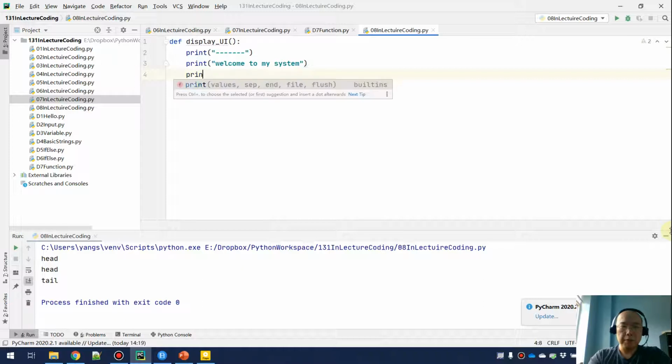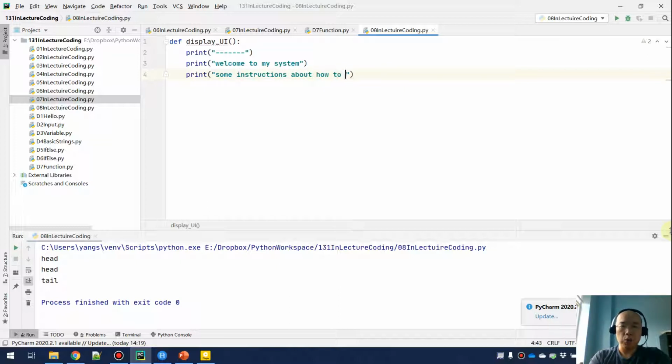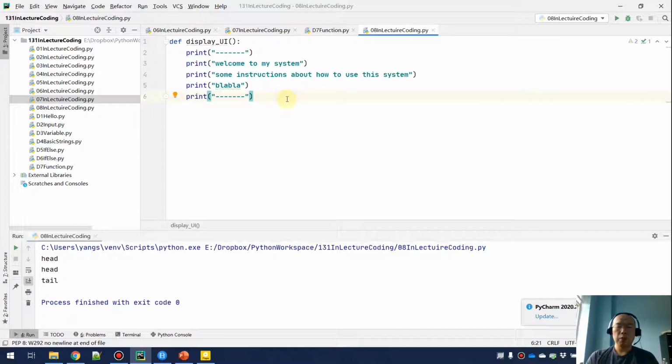And after that, I may want to have another print and say some instructions about how to use this system, and then do another print, say blah blah, and eventually I want to just copy this line because this will be served as a header. Okay, so just using this part of the function,